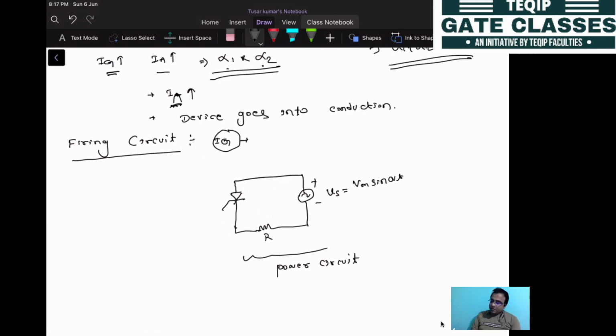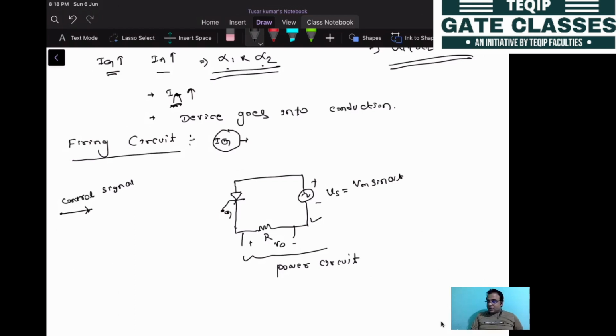Then after that, this side will have the gate circuit, which will apply the gate signal or gate current to the thyristor. For that you will have one control signal. That control signal will be in accordance with this power circuit, because let's say this is the output voltage V0 and you want to fix this output voltage to a certain value. So this is plus, this is minus. For that purpose you have to take one feedback, which will be given to the controller. One set point will be given, and from that one control signal will be generated.